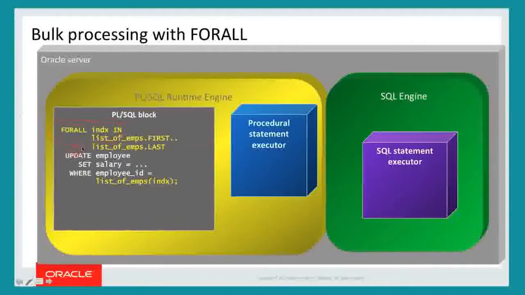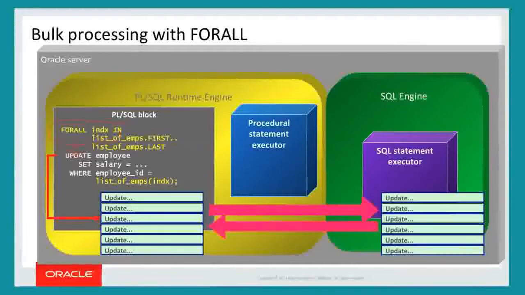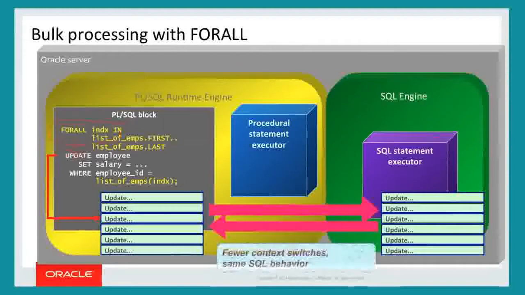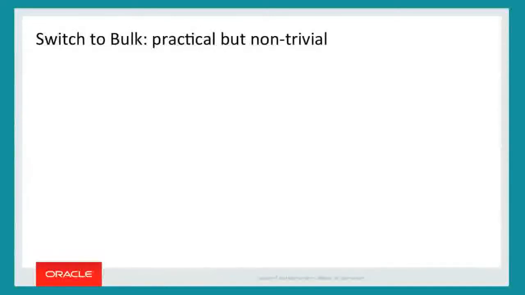When the PLSQL engine hits that statement, it says, oh, I know what you want. You want to batch up a whole lot of update statements, and I'll send them across to the SQL engine for you in one switch. The SQL engine will do all the same stuff it used to do. In other words, if it executed 1,000 updates, it'll still execute 1,000 updates, but without going back and forth. And that one change can lead to dramatic improvements in performance, easily for DML, an order of magnitude of improvement, which is pretty substantial to achieve just in PLSQL code.